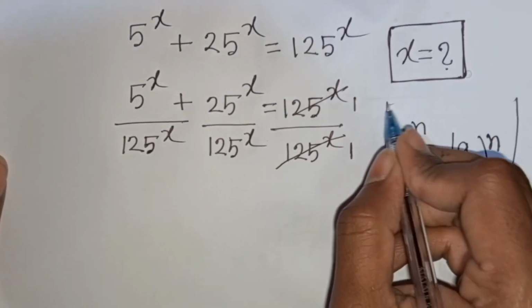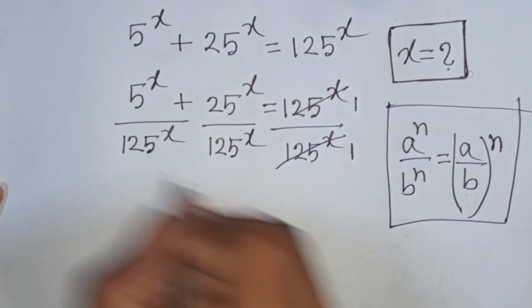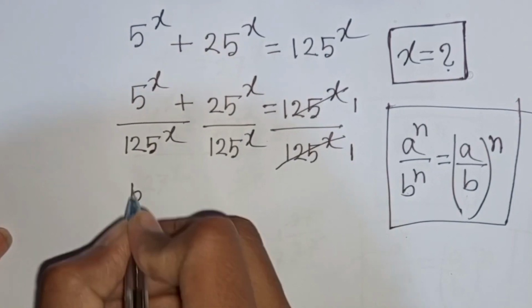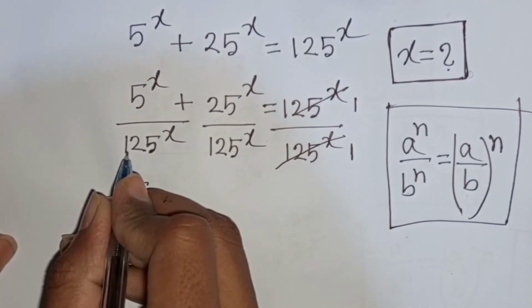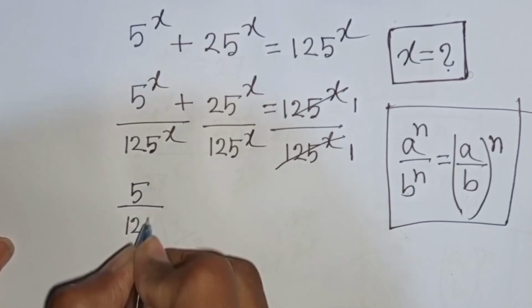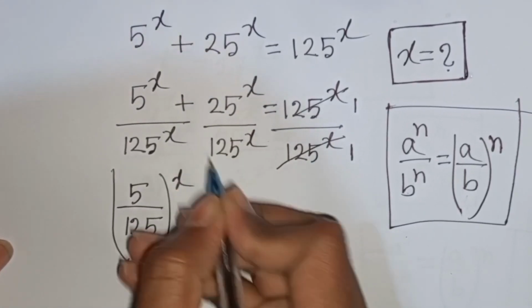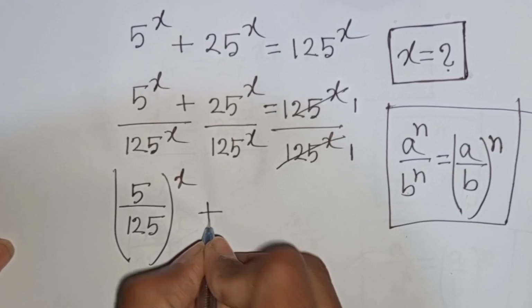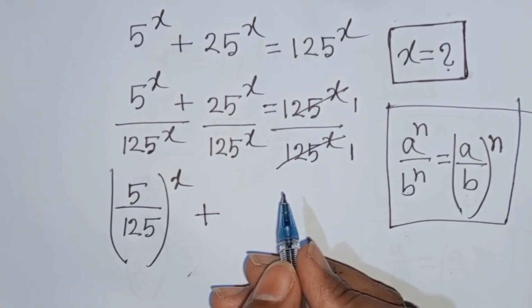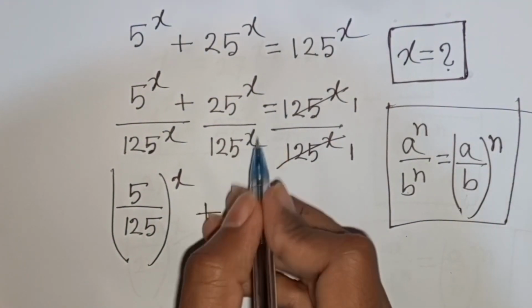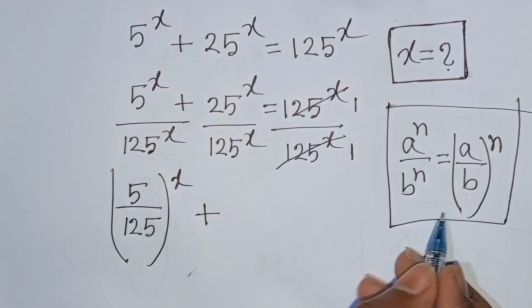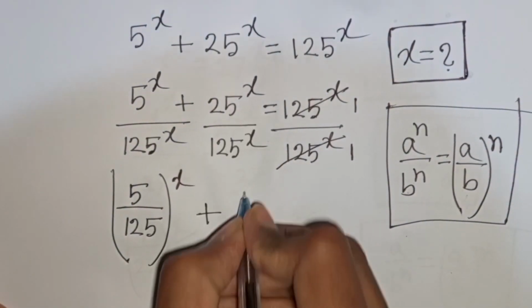So according to this exponential rule, we can write here 5 over 125, then bracket common power x plus again x same power but different base. So according to this formula, we can write here 25